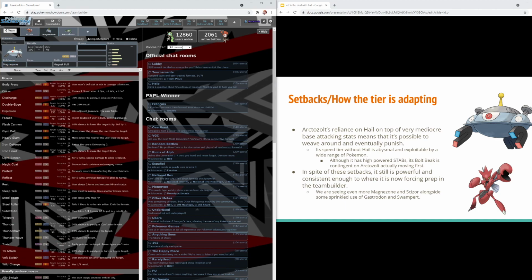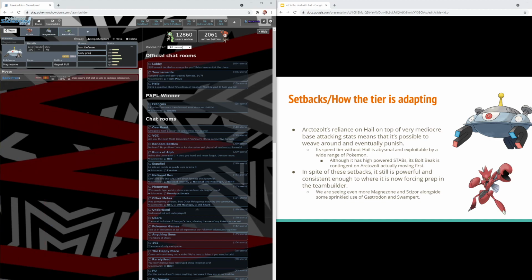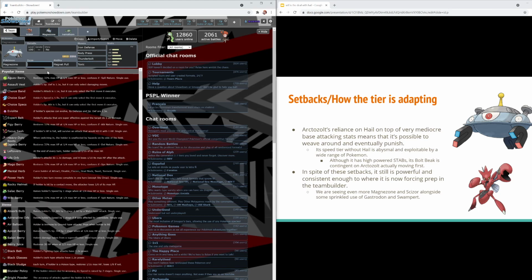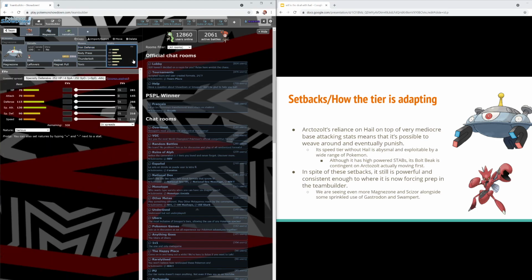I personally am more partial to the Body Press set, so that would be Iron Defense, Body Press, Thunderbolt, and Toxic. Toxic for bulky grounds. You screw Landorus-T and Hippowdon and stuff like that. You run Leftovers, Magnet Pull, and then a Mild nature for speed. It really kind of depends on the team, but I personally shoot for